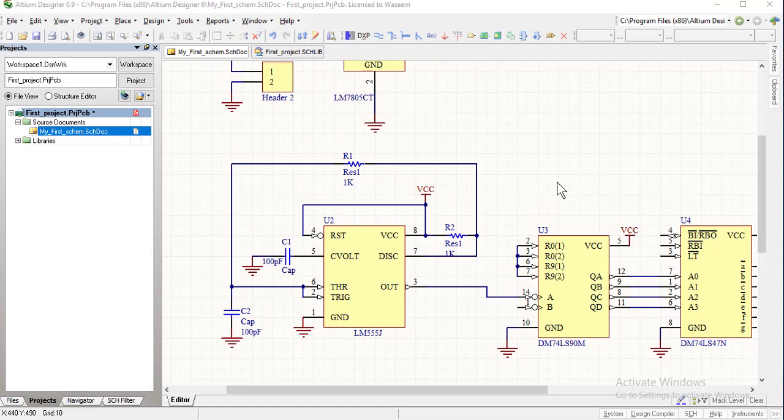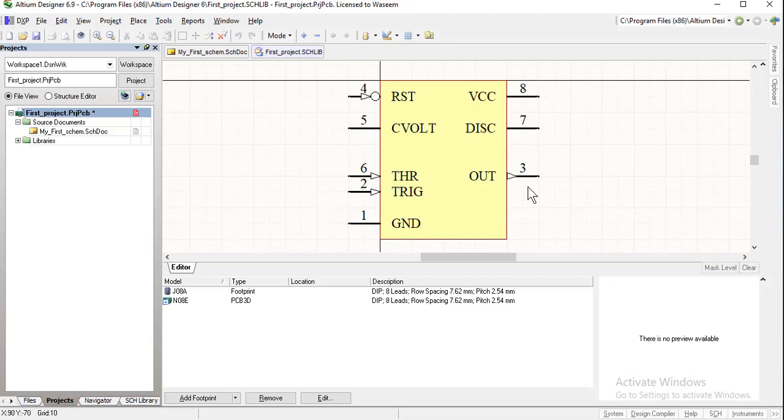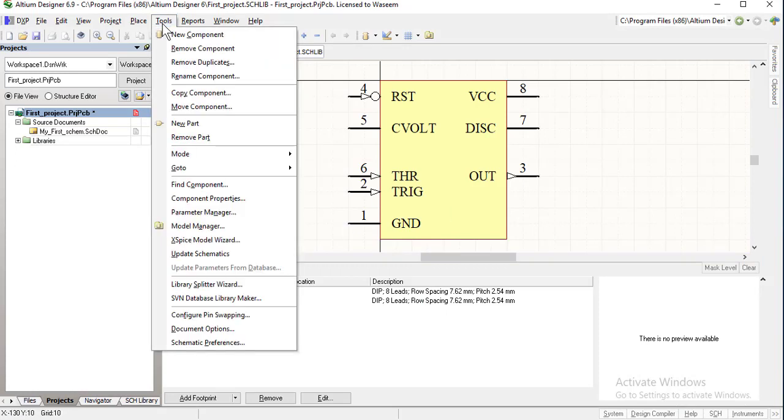In the second step, we will discuss how we can create a new component if the desired component is not available in any of the libraries of Altium Designer. So go to schematic library again, and here create a new component.